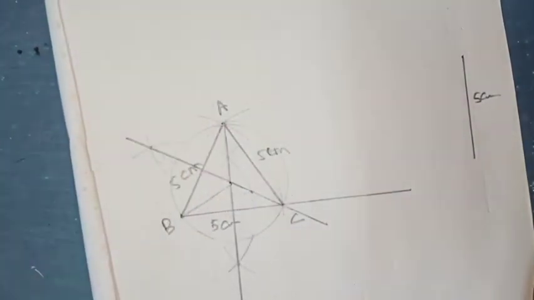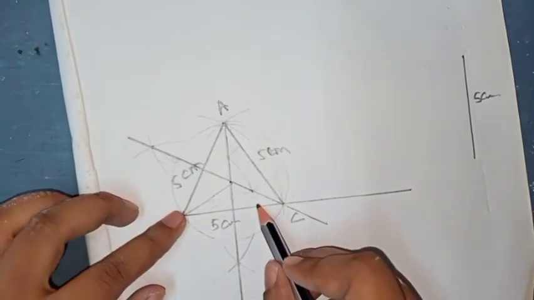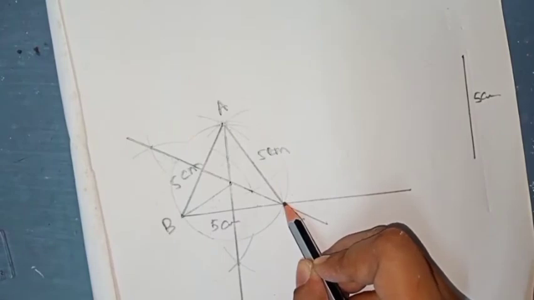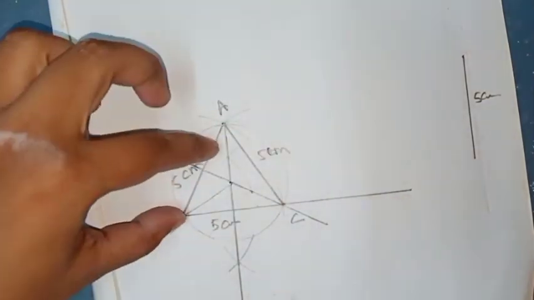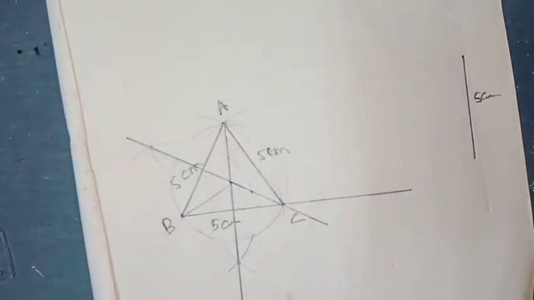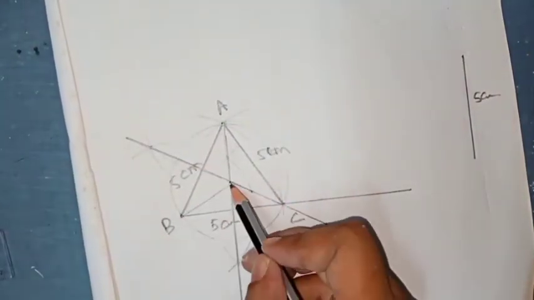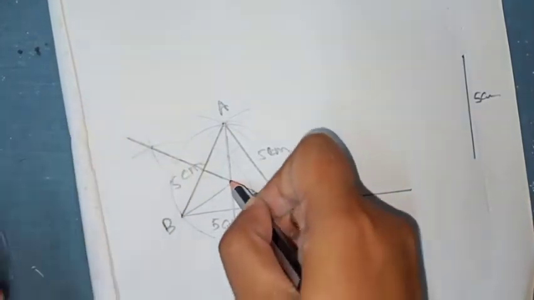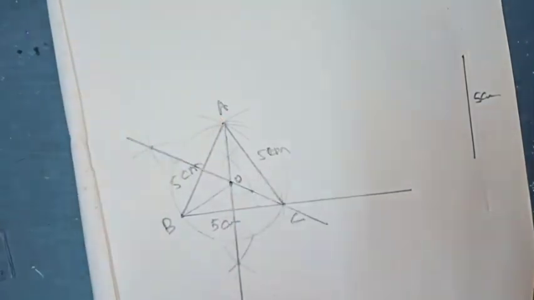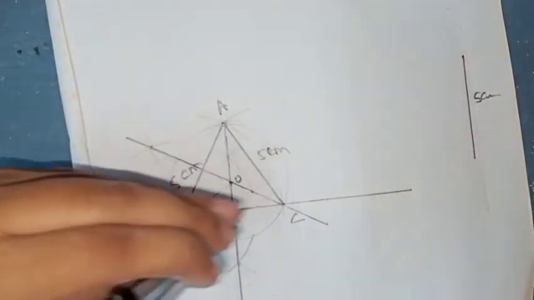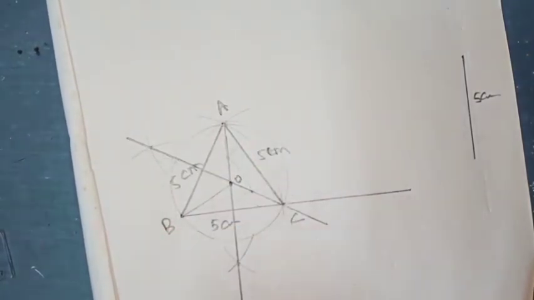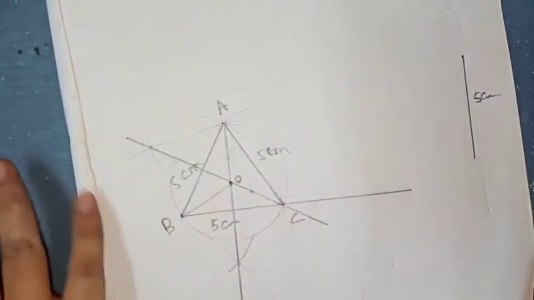Understood up to here? How to make a circumcircle? More than half of BC, cut up and down, and put in C, cut up and down. You will get one perpendicular bisector. Again, more than half of AB, cut up and down, cut up and down. You will get another perpendicular bisector. Then from this intersection point, give it the name O. O and A you will measure, and keeping your compass in point O only, you will make one circumcircle which will touch A, B and C. If it is touching outside or inside, it means you are doing something wrong.